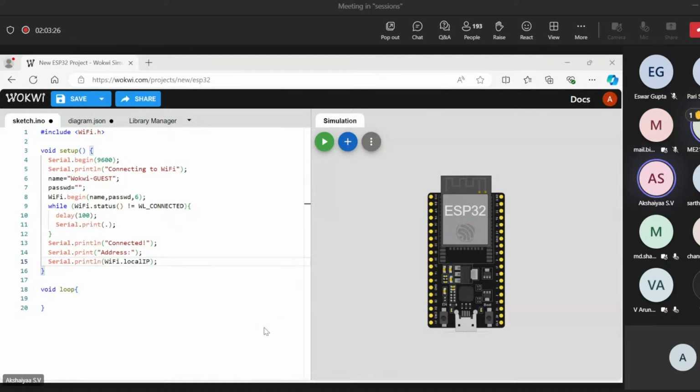When I type include Wi-Fi.h, it directly changes to Wi-Fi NINA. Oh yeah, that's another thing which is present.